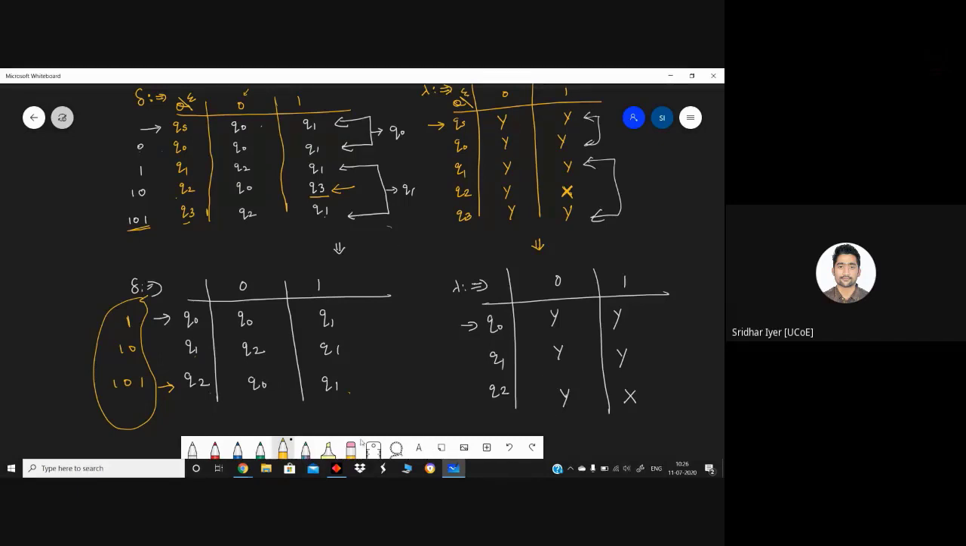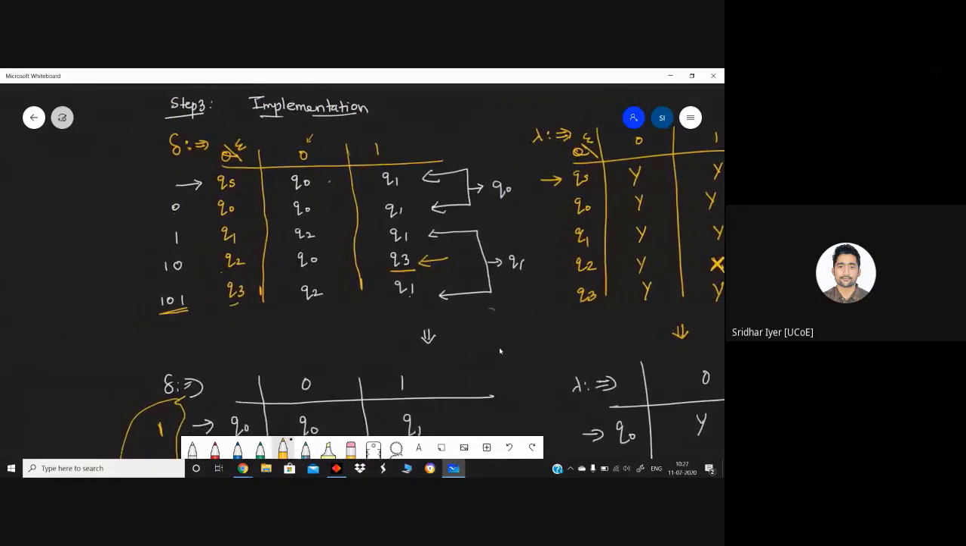Q2 on 1. Okay, let me check. That is what I am saying. Q2 on 1. Q2 on 1 is Q3, right? And Q3 is now replaced with Q1. That is what I'm saying. After merging, Q3 gets changed to Q1. Yeah, that is what I'm saying. Harsh has already replied. See over here,